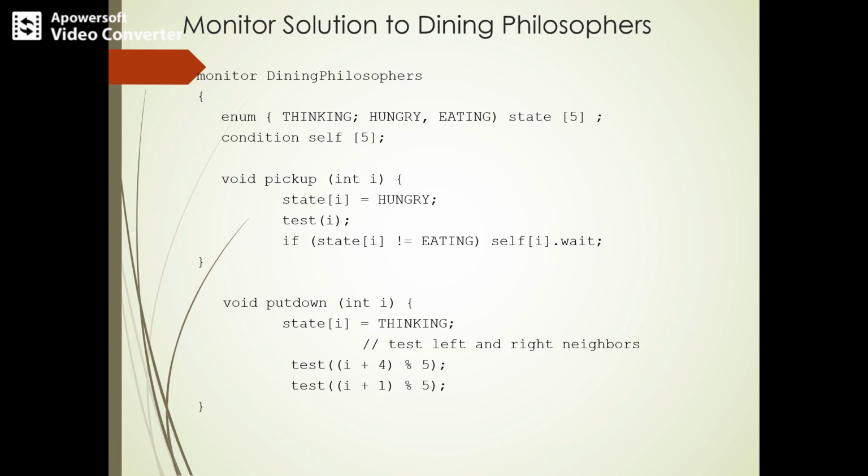We can see here in the test condition, we test both of the neighbors and ensure that they are not eating. Only if they are not eating can the other person eat, because there are at most 5 chopsticks. So deadlock won't occur. That means the person who is hungry, who wants to eat, will have the available chopsticks. There is no possibility of deadlock. However, it is possible for a philosopher to starve to death.